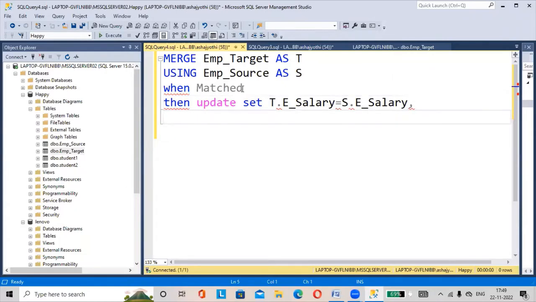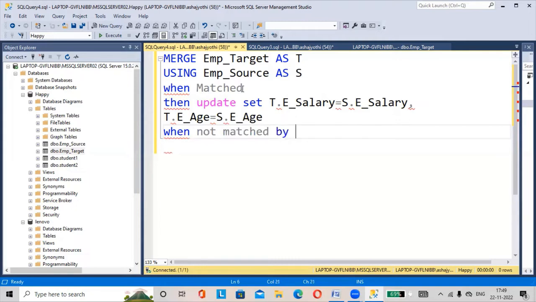When matched, T age also. T dot e age is equal to S dot age. When not matched by target,